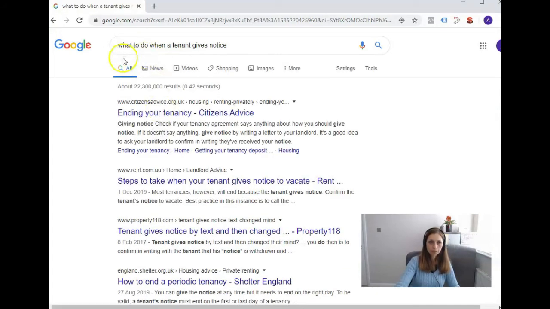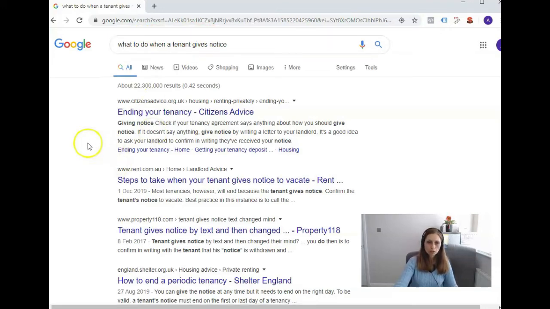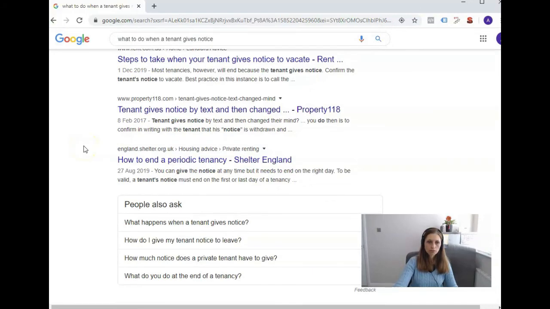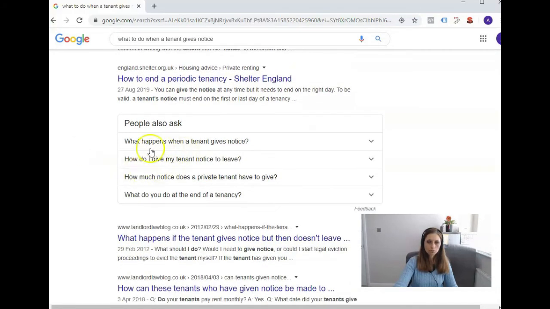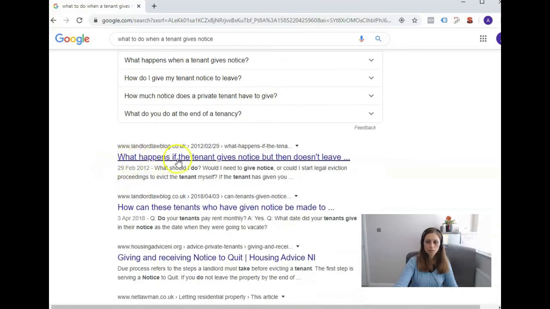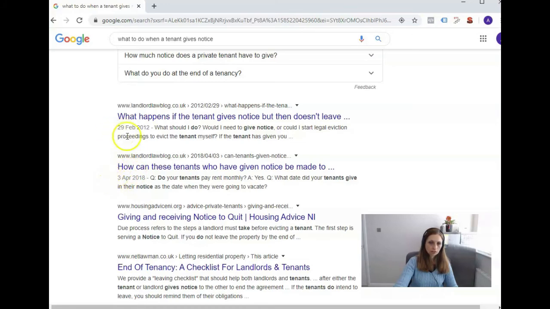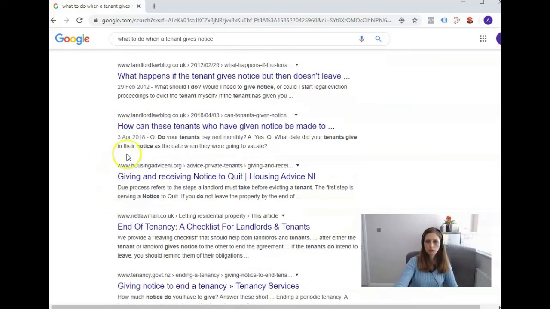So if you click on that, what to do when a tenant gives notice is actually answering the intent of a landlord who is in a position where a tenant just gave them notice. So they are probably wondering what they should do. So let's have a look at what comes from the search results. So here are some questions. What happens when a tenant gives notice? How do I give my tenant notice to leave? How much notice? So you can go through and you can read some of those articles which give you